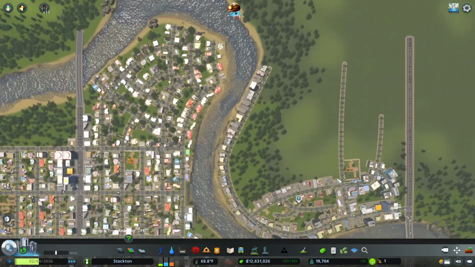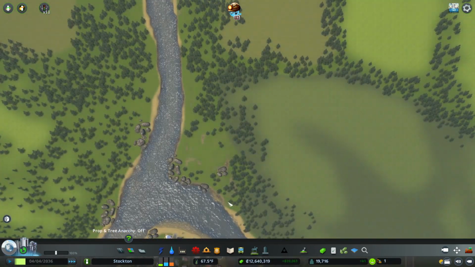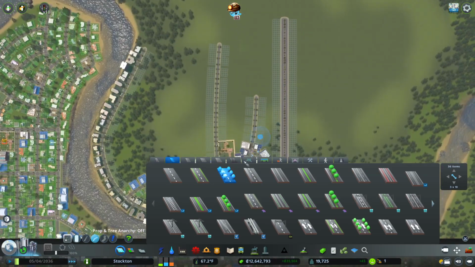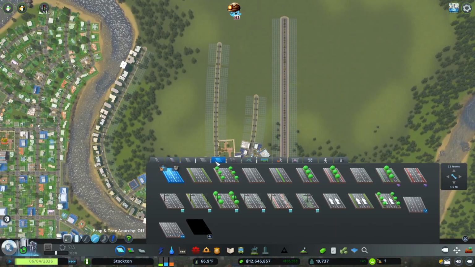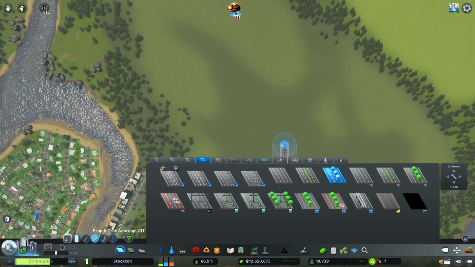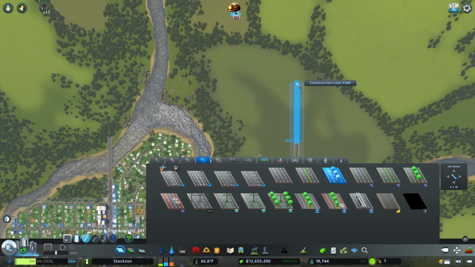For now, I think up here is going to be my new trash getting rid of area. So let's go back to this 4-lane road, continue like to here, I guess, and we're going to curve